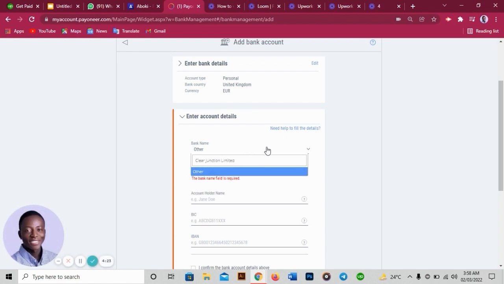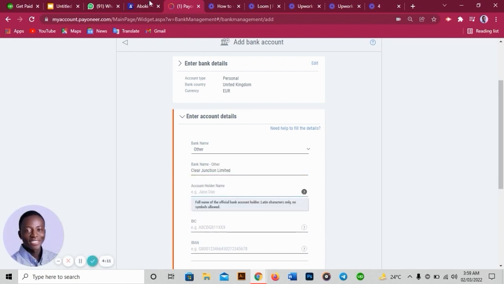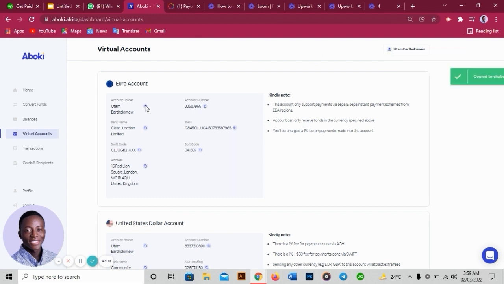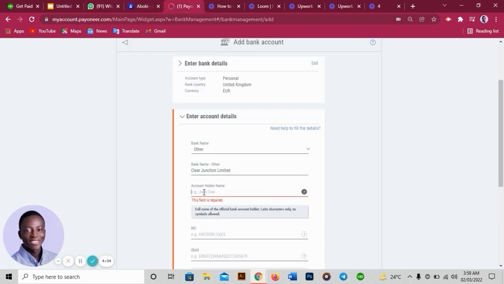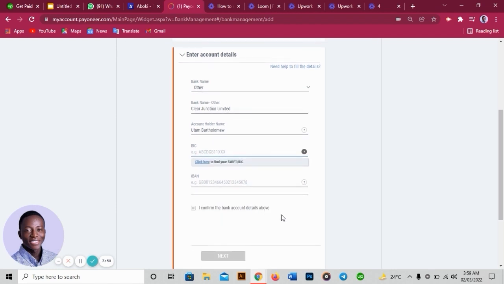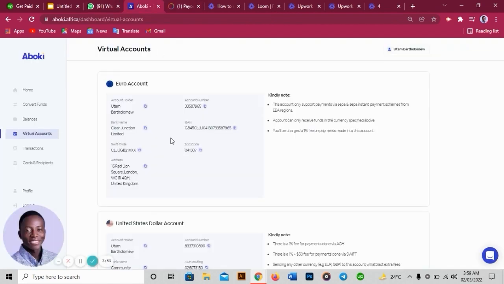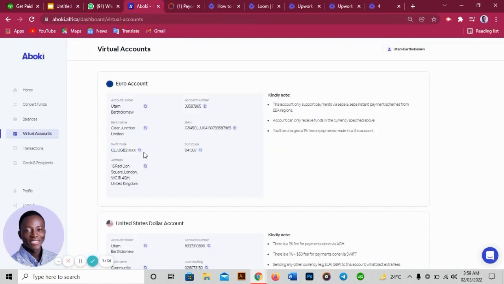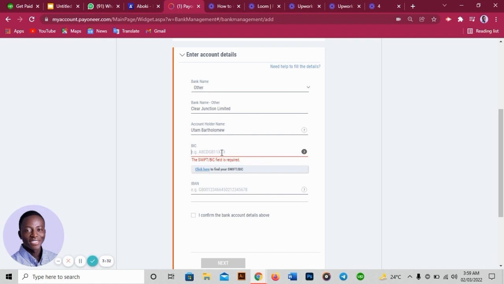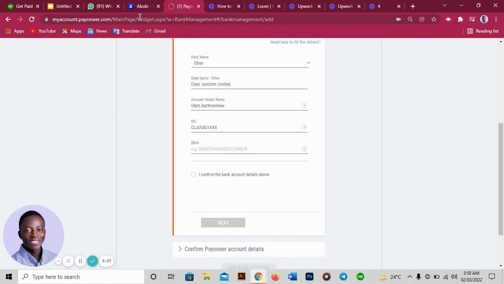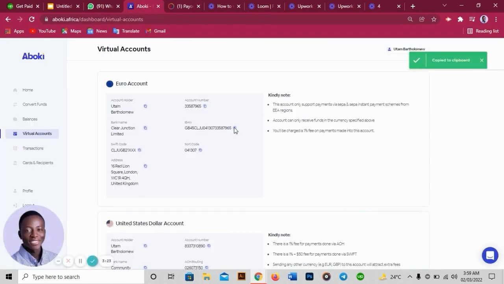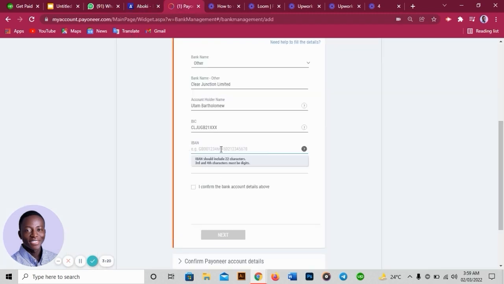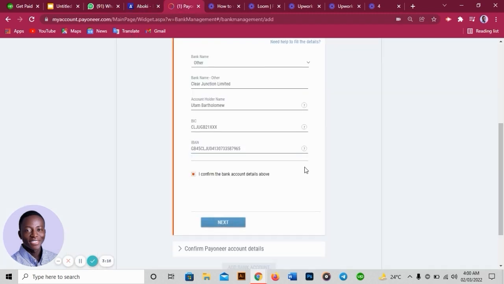You paste it there. Account holder name. You come to Aboki. You copy your name. As you can see, my own name here is Sultan Bartholomew. You come here, paste it. BIC. I think the BIC is in place of IBAN. Yeah, something like that. The BIC is also known as a Swift code. You come here, you copy this Swift code, you come to Payoneer, you paste it, and you come and get the IBAN. Here's your IBAN, you copy it, come here and you paste it. You can see it's simple. You click